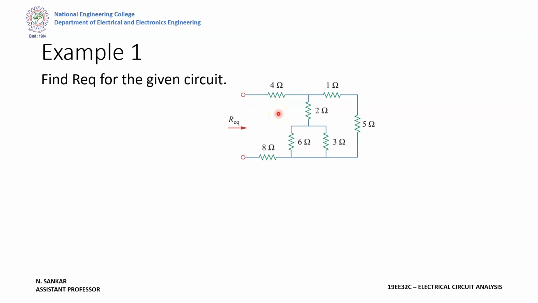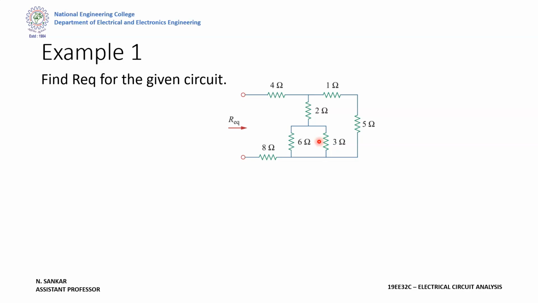So now go to the first problem. Find R equivalent for the given circuit. Here, after seeing the circuit, we can simply say 1 ohm and 5 ohm are in series. Similarly, here 3 ohm and 6 ohm are in parallel. So step by step, just solve the sum. First you solve 1 ohm and 5 ohm and change it to a single resistor. Similarly, then go for 3 ohm and 6 ohm and change it to a single resistor. Likewise, you just find the R equivalent of two resistors in each step. In the same way, you go on to the last.